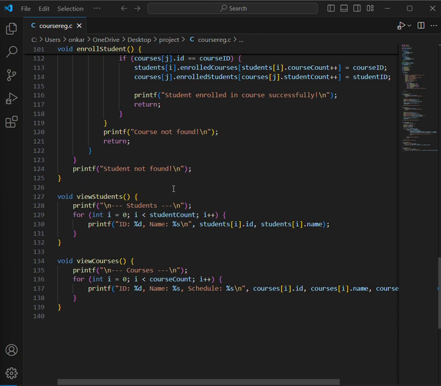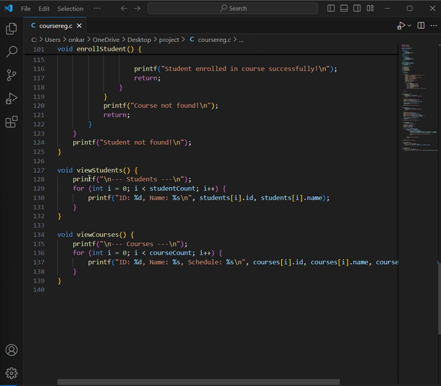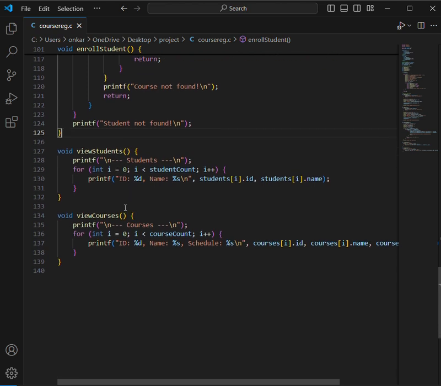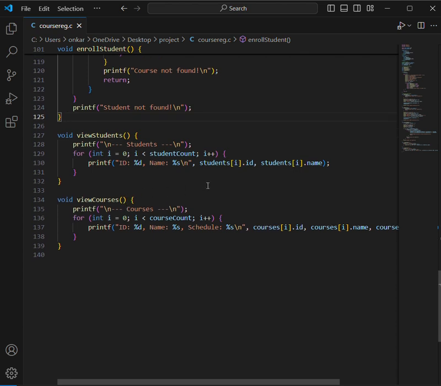Further, the next function is view students. If the user has given the input of view students, then the function void view students is implemented. In this function, the for loop is used. In this case, i is initialized to 0, and if i is less than student count, then the full information of the particular student is printed, that is the student id, the name of the student,